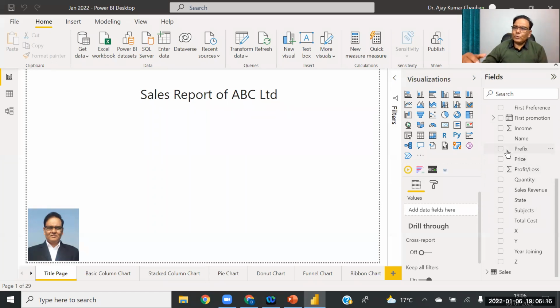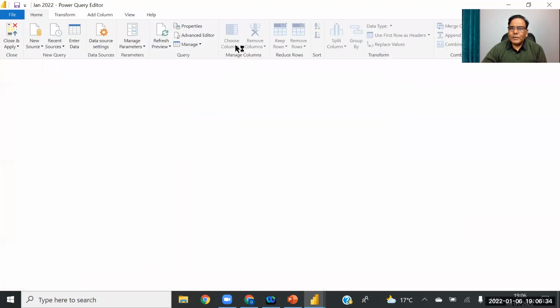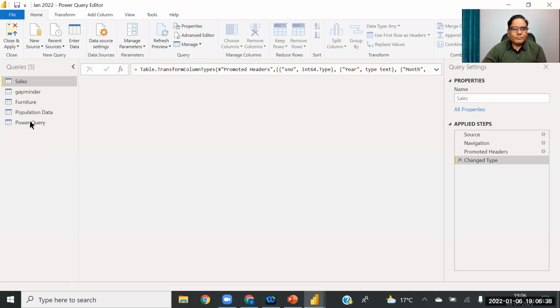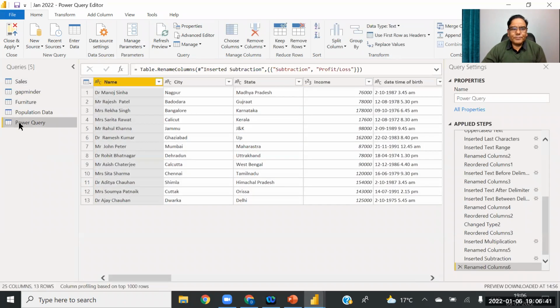Now I'm going to show you the next functions. The next functions are known as the statistical functions. So again, I'm going to Home, going to Transform Data, and using the Power Query dataset.